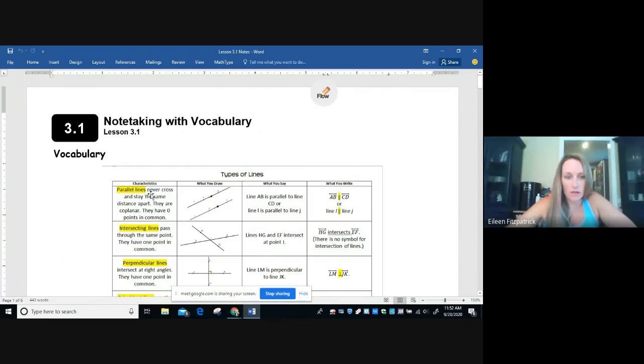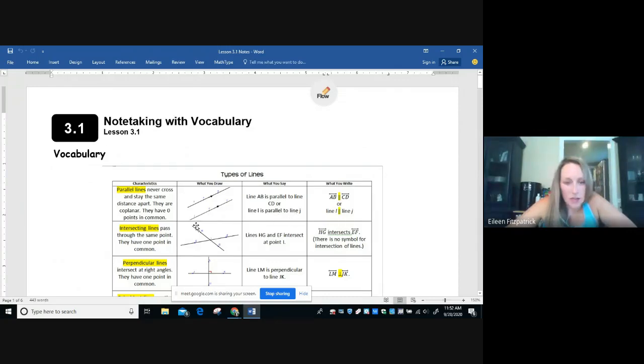All right, so parallel lines are lines that never intersect. They stay at the same distance apart. They're coplanar and they have 0 points in common. All right, so here's two lines that are parallel. This little arrow here and here, that's what we draw on our lines to indicate that they're parallel. And we can say that line AB is parallel to line CD, or you could say line L is parallel